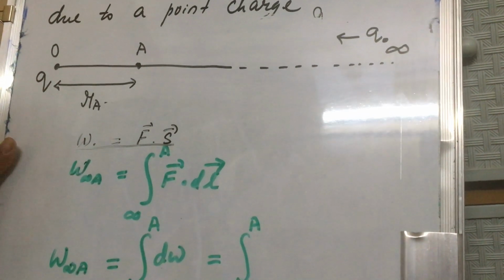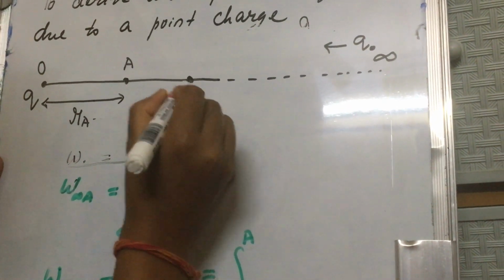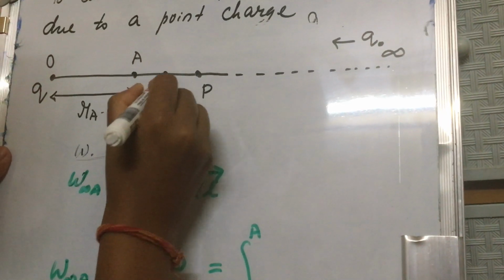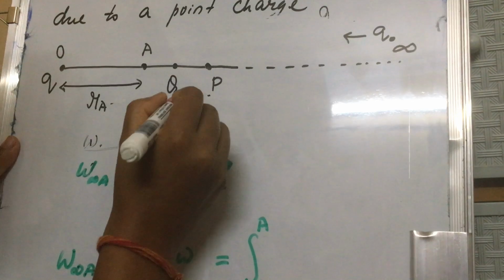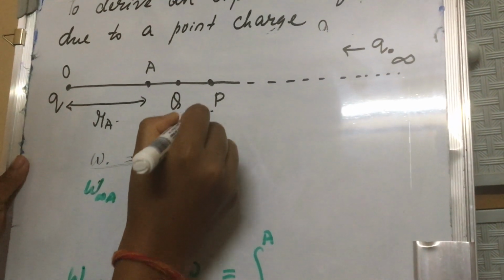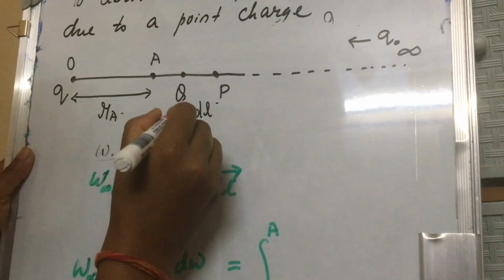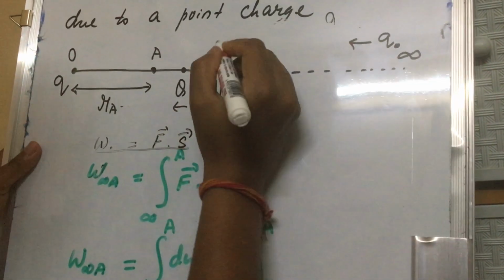Okay, then we had considered a small length PQ, and the length of PQ, we took it as dl. This distance has been taken as dl, right? Now Q0